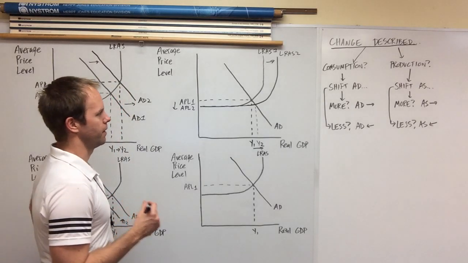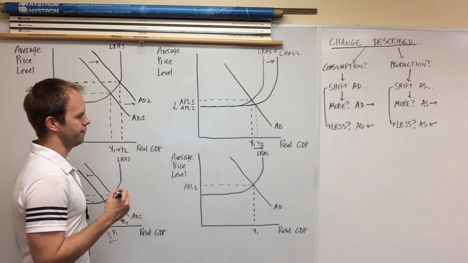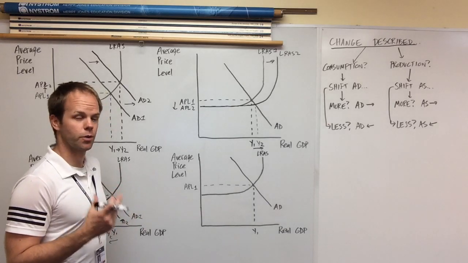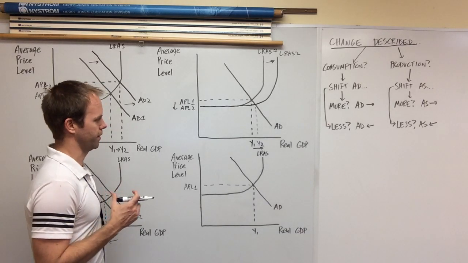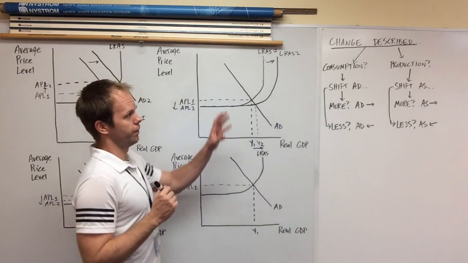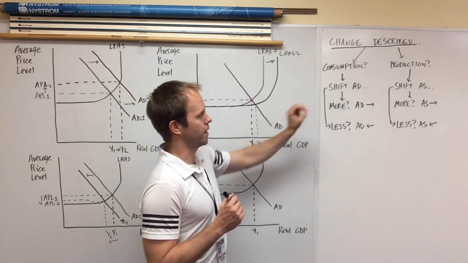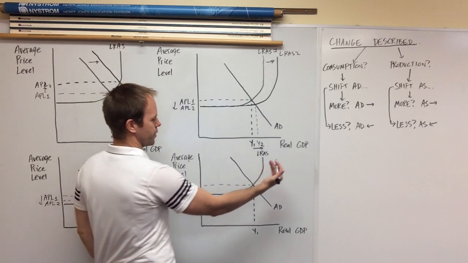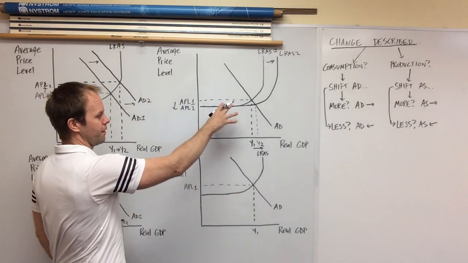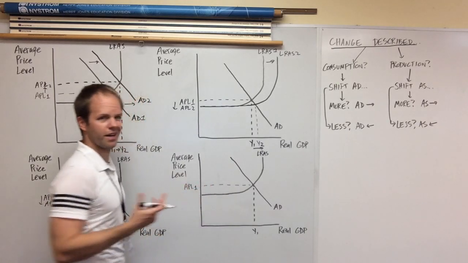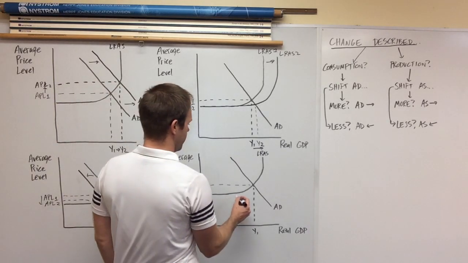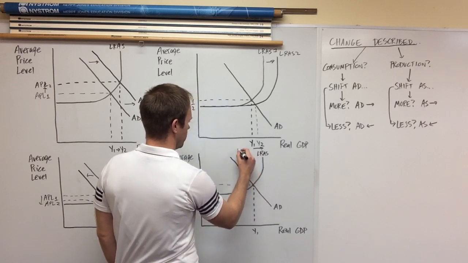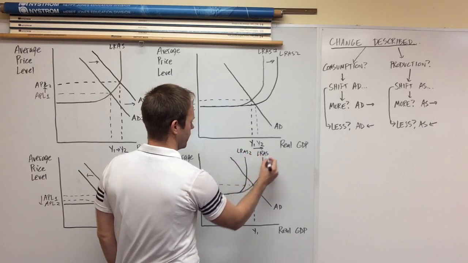So our final outcome here is easily the worst of the four. If you find yourself in this situation, if your macroeconomy is in this situation, there's really no good answer about how to fix this one. And that is when we've gone through our decision tree here and we've decided that producers will be producing less, that means that this aggregate supply curve is going to shift to the left. And the opposite thing that we did here, zone 1, just gets shorter, right? So maybe we cut it off at about here, and we have a new long-run aggregate supply